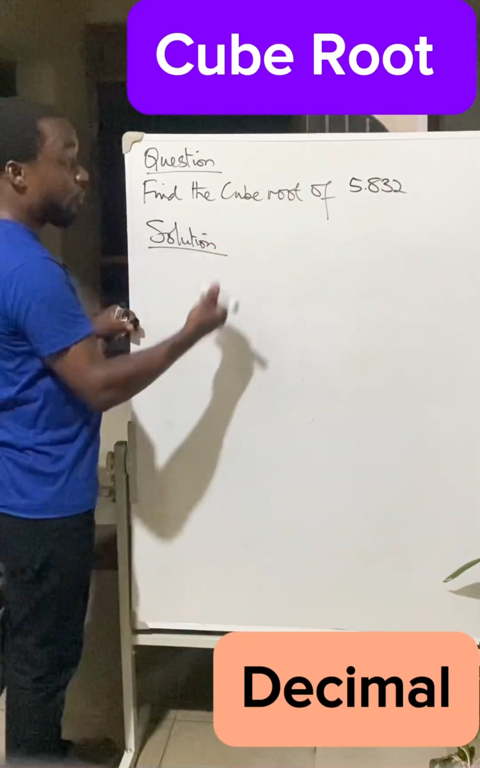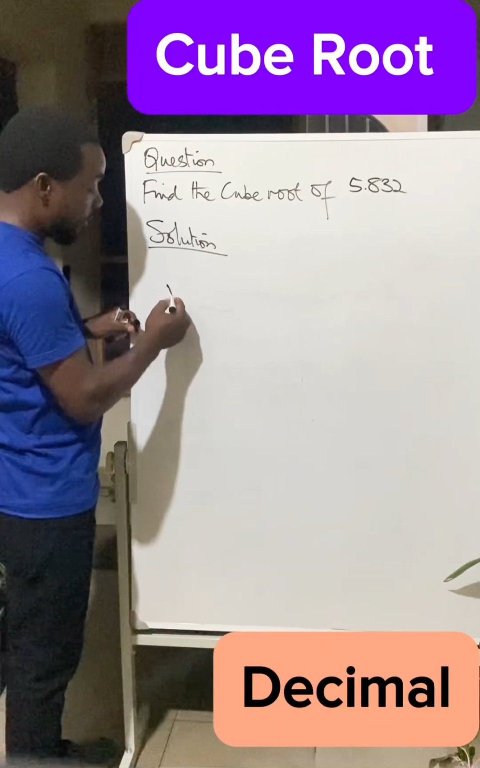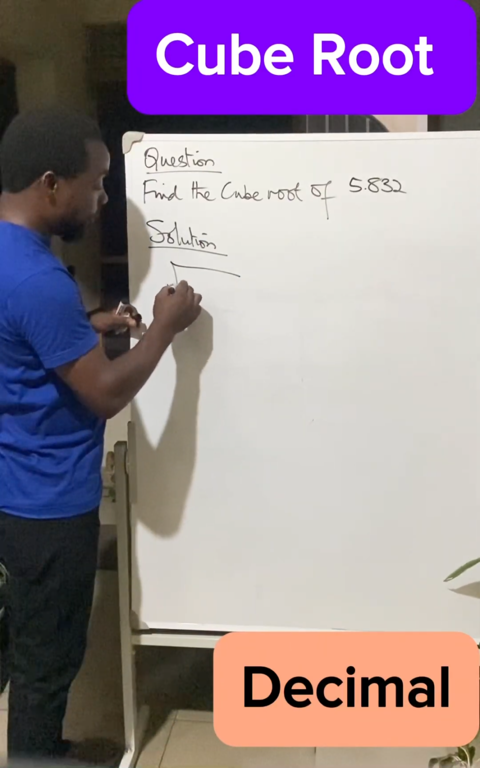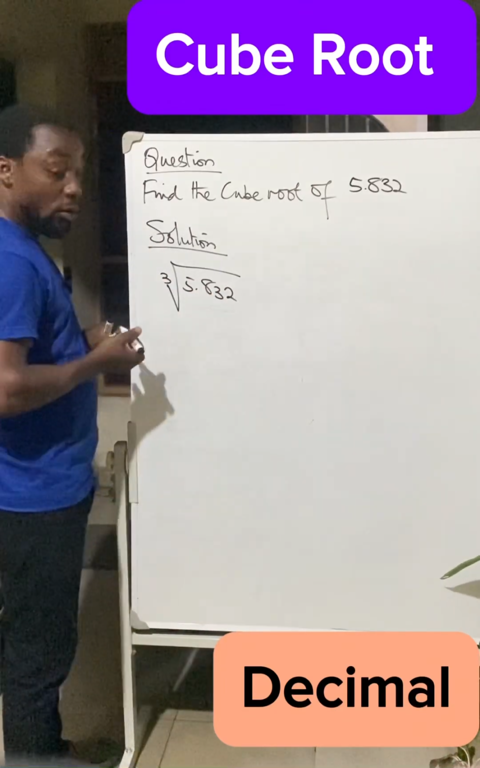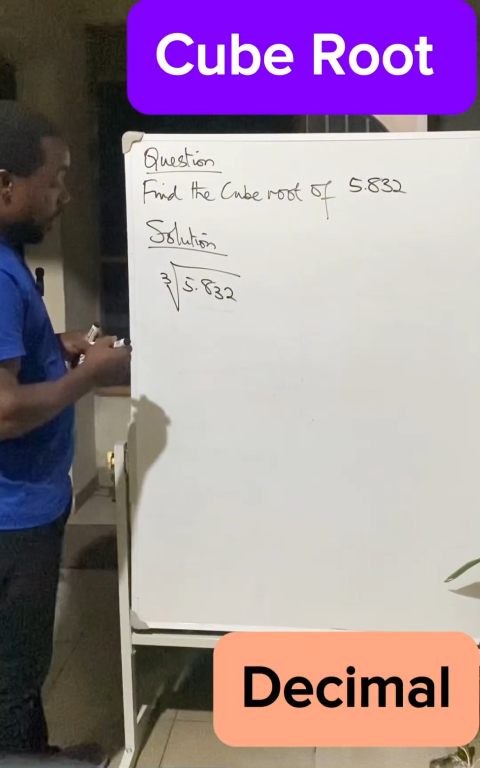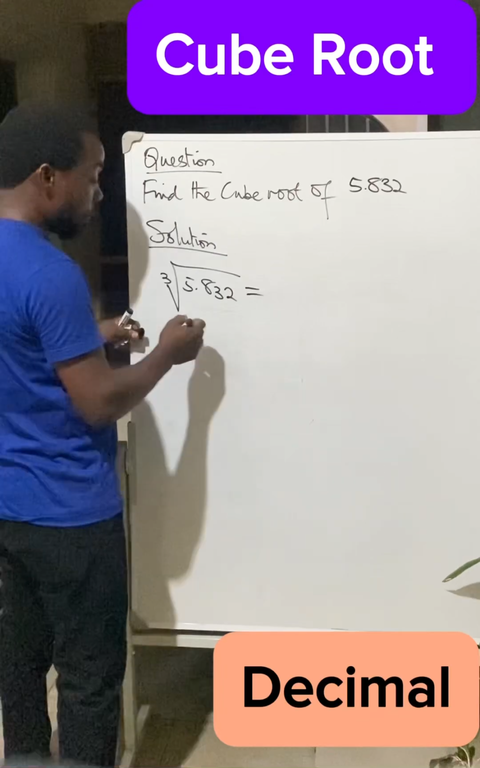Cube root, we are going to represent this in the cube root symbol. So cube root of 5.832 will look like 5.832. Then you have the cubic notation here, 3. All right, so what do? This will be equal to